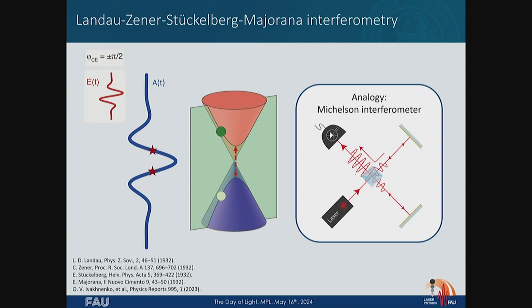But this is exactly mimicking a Michelson interferometer for light, right? You basically have a beam splitter here. The beam splitter is just the Landau-Zener probability for the electron to make it up into the other arm or to stay down here in this arm. And on the way back, you again have the same beam splitter. The electron can go up or can go down. Going up could, for example, mean that the electron goes to the detector. Going down could mean that the electron goes back to the laser. And then you know right away what determines if the electron goes back to the laser or goes up here. It's the relative path difference in this beam split state that the electron has acquired. And then this is exactly the beautiful physics.